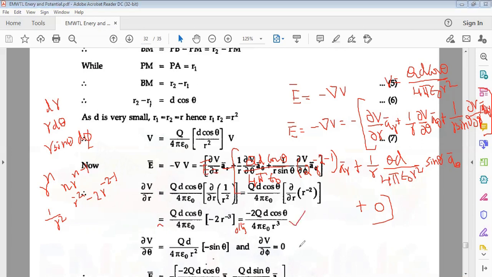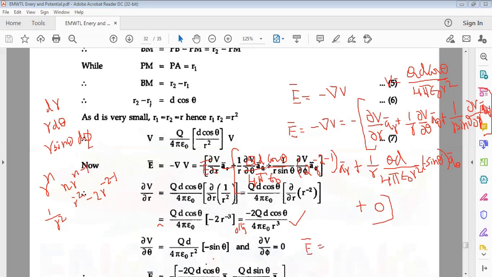And the second term is qd by 4 pi epsilon naught r square, with minus sin theta, since the derivative of cos theta is minus sin theta. And dou v by dou phi is equal to 0. Substitute all this, and we get r into r is r cube here. So the E bar is equal